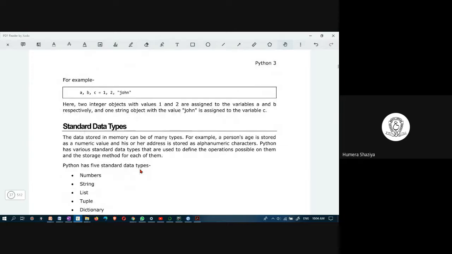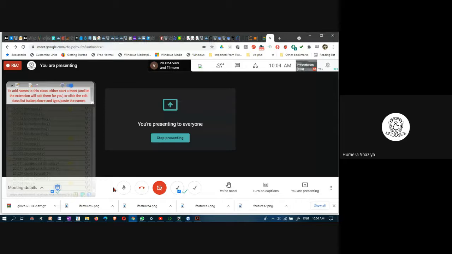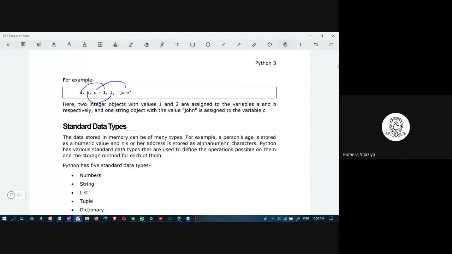And this is another way of assigning. Using a single assignment operator, you are assigning 1 to A, 2 to B, and John to C. This is also possible in Python.